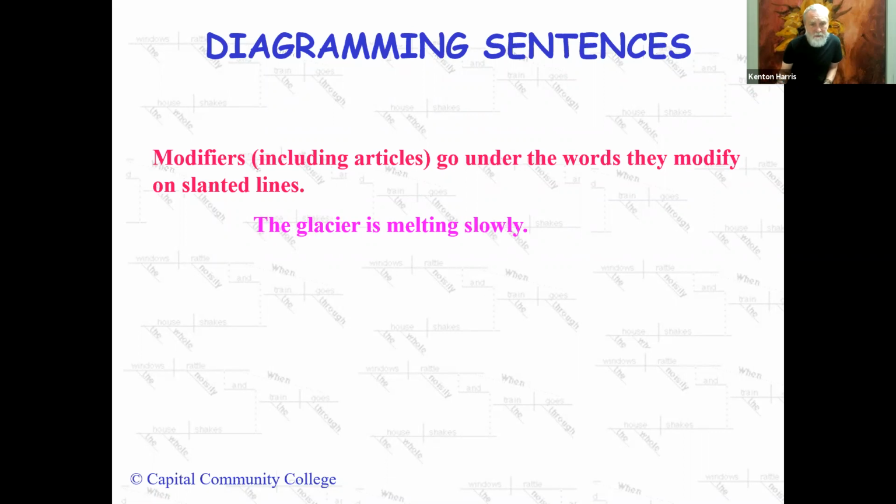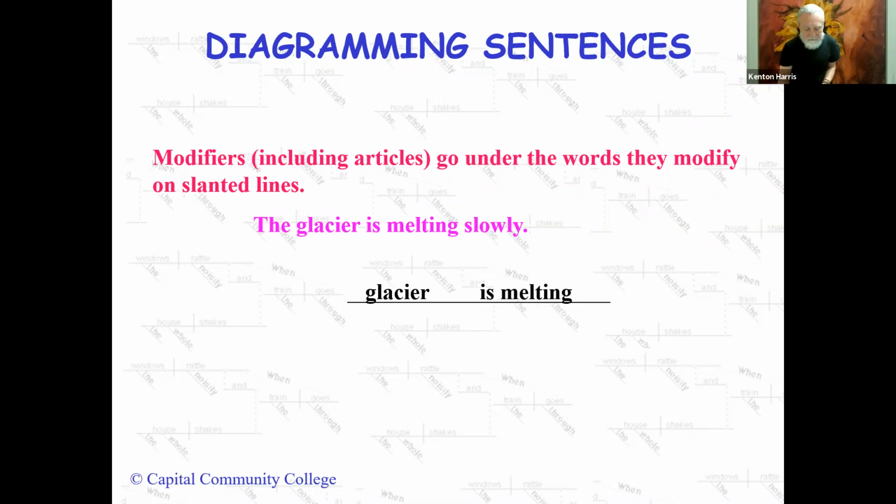Ask yourself a couple of questions. What's the subject of that sentence? What's the verb of that sentence? What are the leftover words in that sentence? All right, that's what we have to find places for. So we draw our horizontal line, zoom. We draw our vertical line, zoom. We put the subject on the left, the verb on the right, and then we find places for the rest of the words.